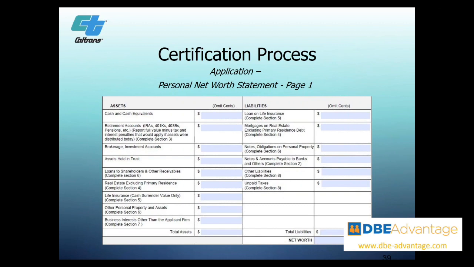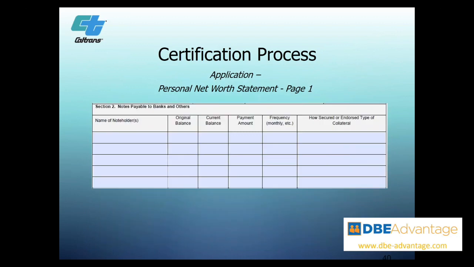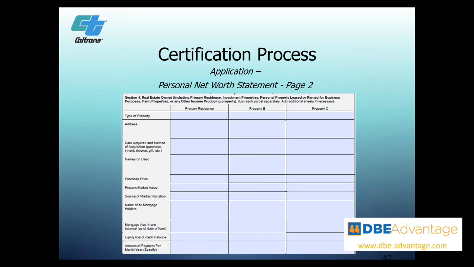You would include here any other liabilities you may have, and then unpaid taxes. So if you know, for example, that you're completing this application in the middle of the year, and last year your taxes for your business were $15,000, and you have not paid that tax, you haven't made quarterly payments, or you've deferred taxes, then you can include any unpaid taxes based on previous year taxes here.